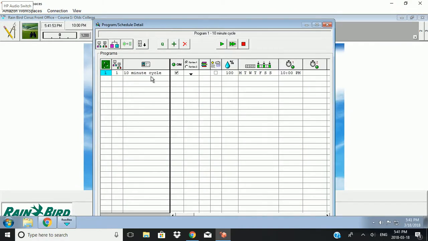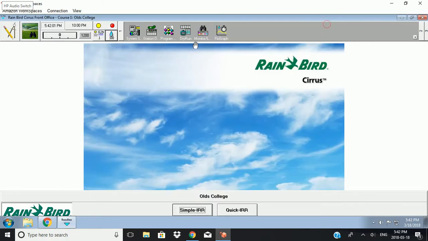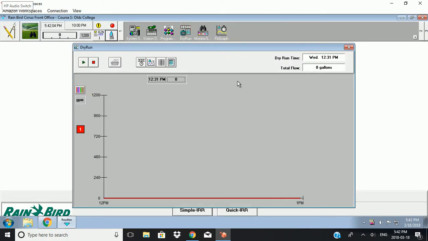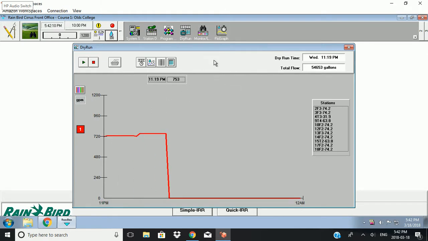This is the program we built for the 10-minute cycle. It's pretty simple. It's just 10 minutes of water on the entire course. And this fits within our irrigation window. So if I go to a dry run here and hit play, I'll let this run through for you guys. You can see it starts at about 10 p.m. there, runs through,